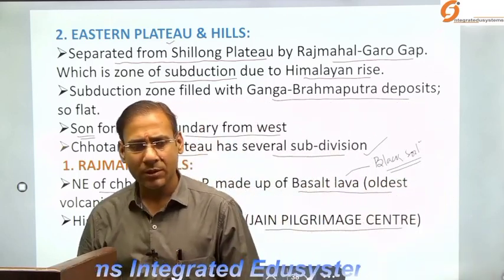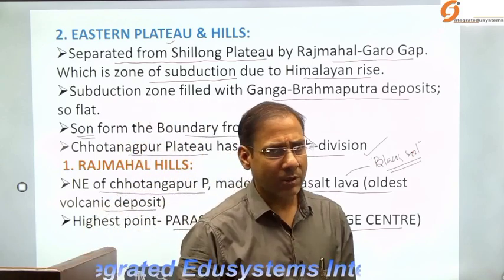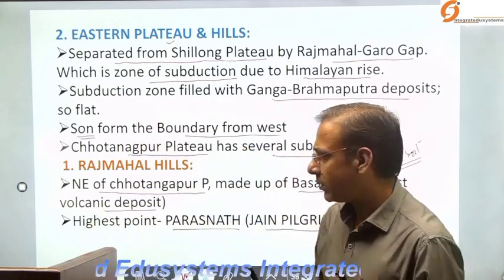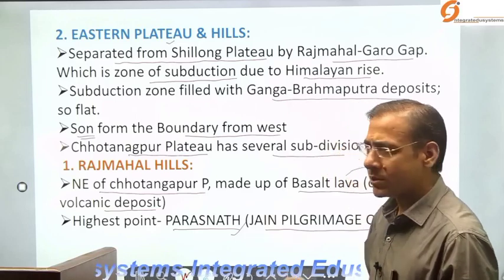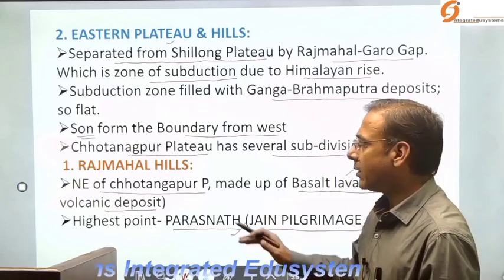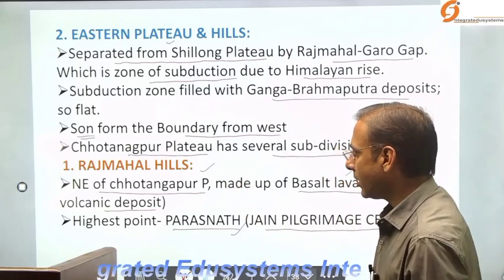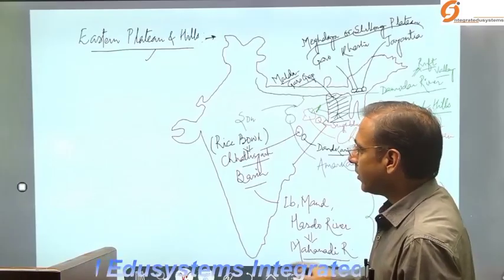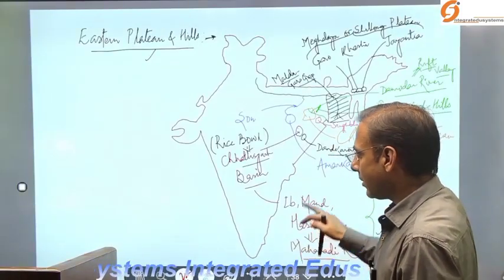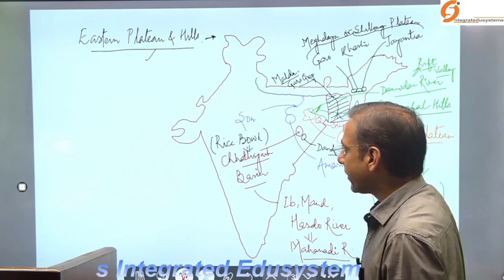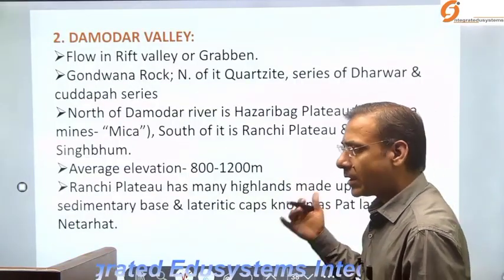Jain Tirthankar. So Mahavira के पहले कौन थे? Parshvanath. So on the name of the Parshvanath, this hill is. This is the highest point of the Jharkhand as well as Rajmahal Hills. Okay. Now लोकेशन मैंने बता दिया है, मैप मैंने ड्रॉ कर दिया था। अब आगे देखेंगे द सेकेंड सब डिवीजन